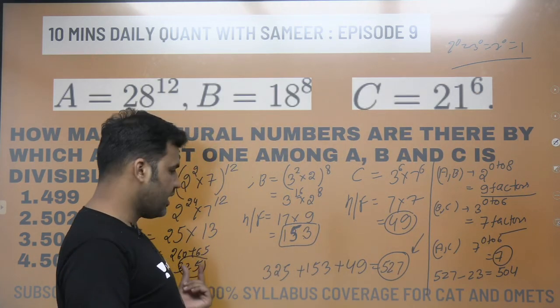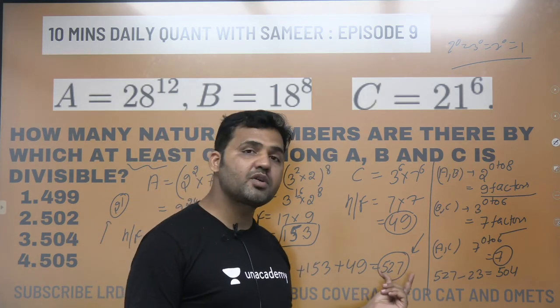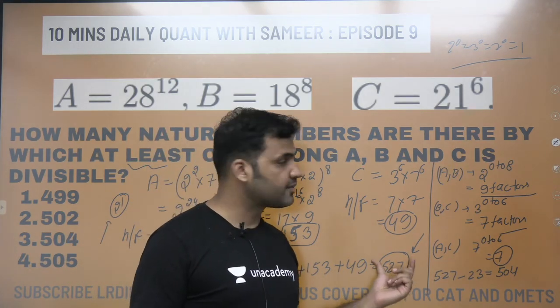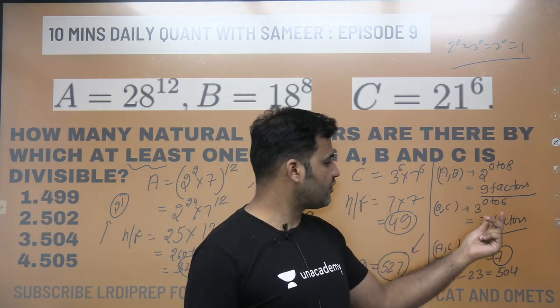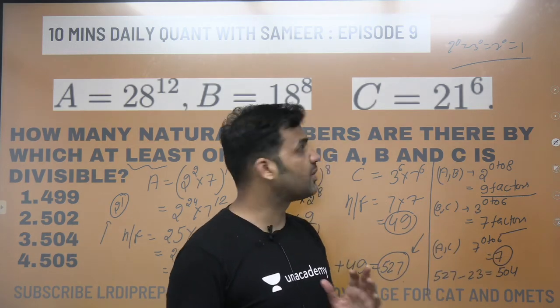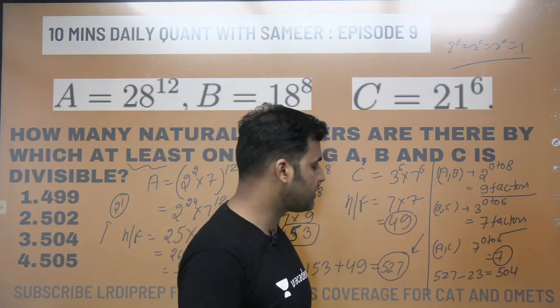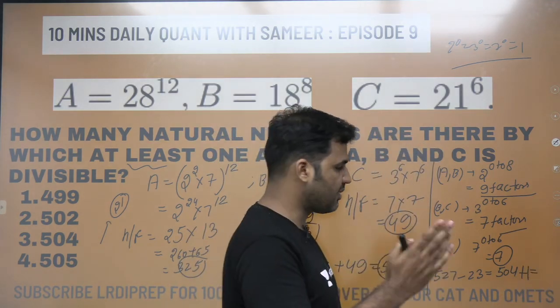But you see that 1 as a common factor, 1 as a natural number factor has been counted here, has been counted here, has been counted here. That means 1 has been counted thrice in this, and 1 as a factor has also been subtracted thrice from here, as well as from here. So 1 has been counted thrice and has been subtracted thrice, but 1 is a common factor of all of these three. So I need to add 1 to this. 1 factor, which is the number 1 itself.